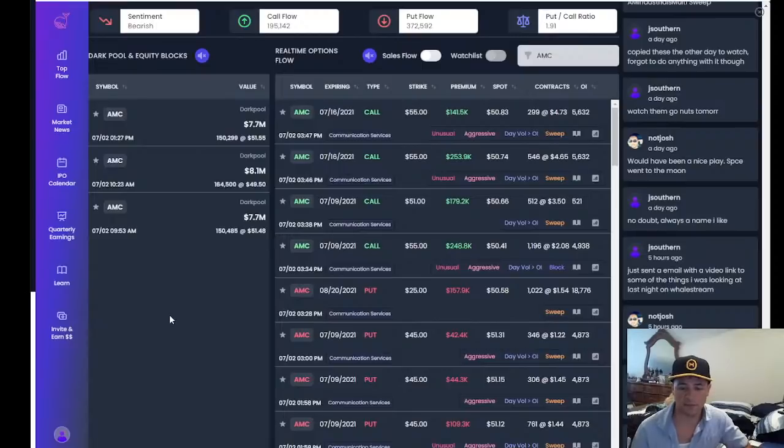Fahrenheit 2021, he says, dark pools are perfectly fine when it's institutions using their finances and their cash. However, dark pool is not okay when it's a majority of retail's order flow being funneled through. That's a different story. So Fahrenheit 2021 is saying, all right, what if Citadel is receiving a metric ton of Robinhood users' orders? Robinhood is going to send these off to Citadel to make the transaction on their behalf.